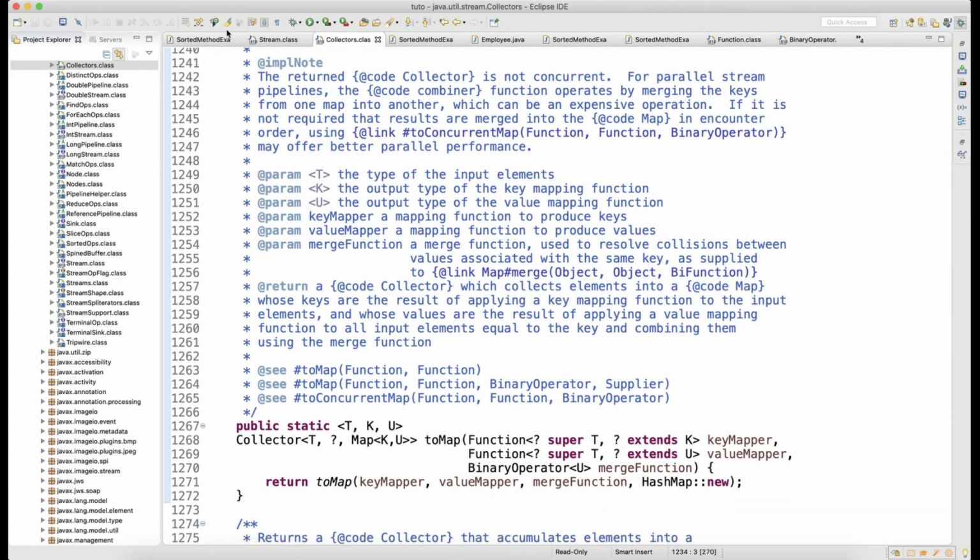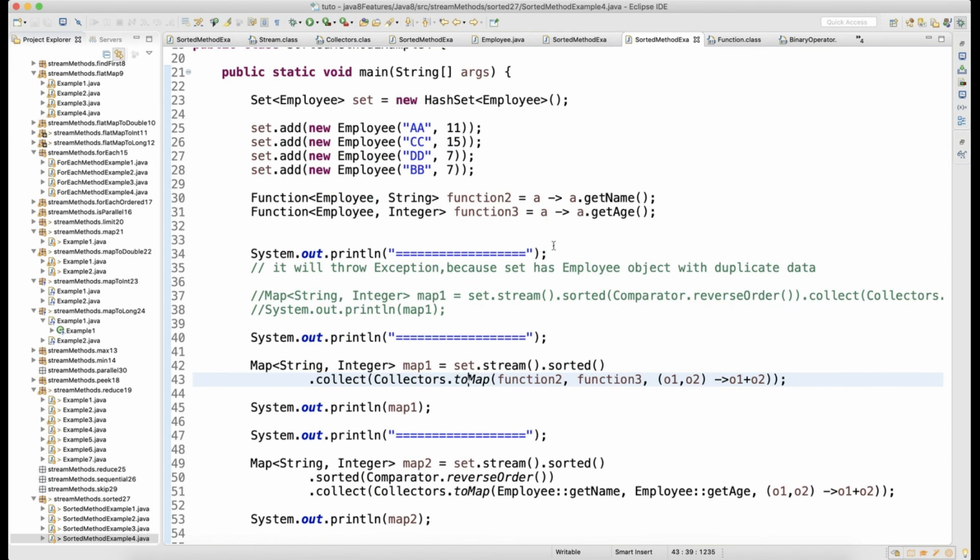Okay, now let me explain so that you will not have any confusion. How this summation works is, this will actually hold the data of function 2, function 3, guys. This will hold the data of this, but since it is a sequential stream, this will not come into the picture.